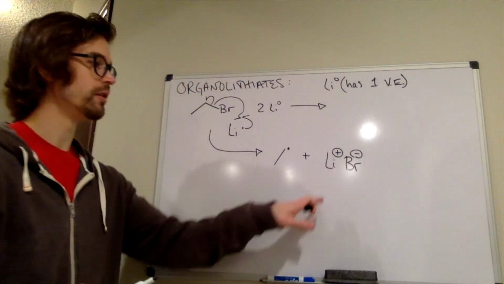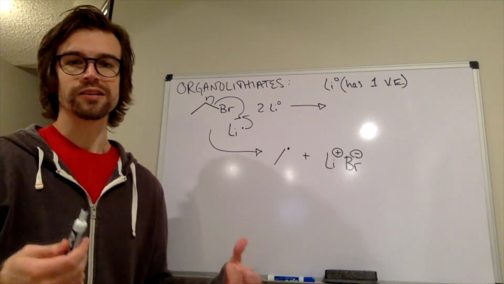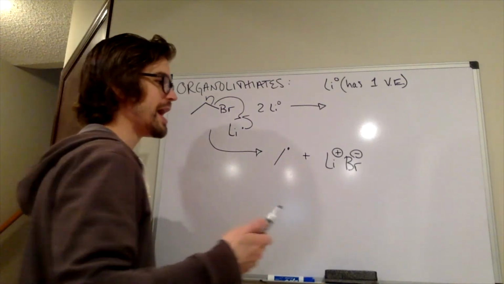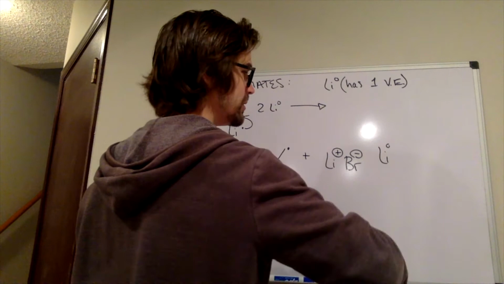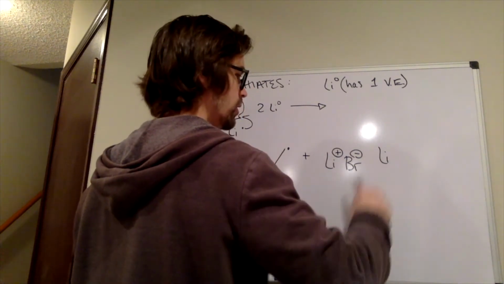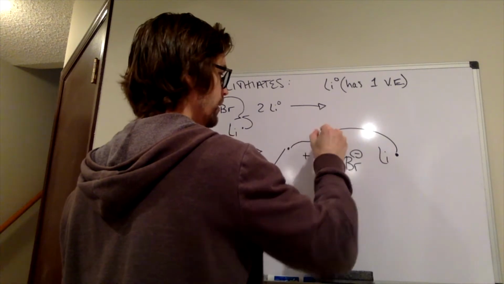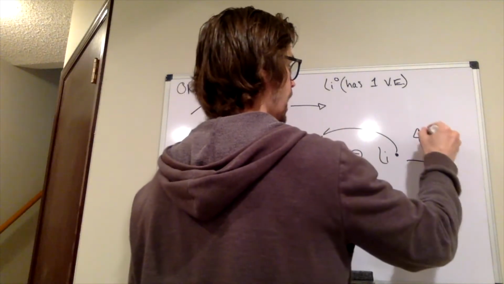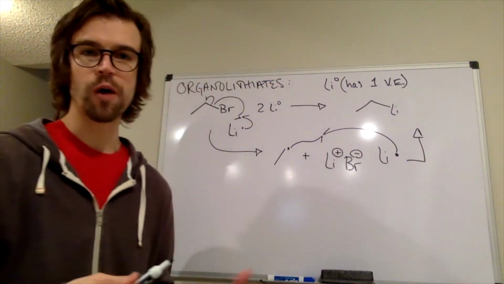So lithium gains an octet, bromine gains an octet. What else do we have? We have a really unstable carbon radical. How can that gain an octet? Well, we have more lithium metal around. We have more lithium 0, which again I'm going to draw just as a radical here. That is going to combine with the carbon radical to make our organolithiate, which again sometimes we draw with a full carbon-lithium bond